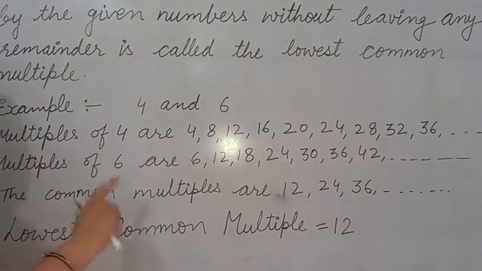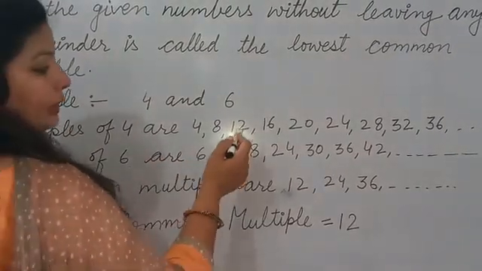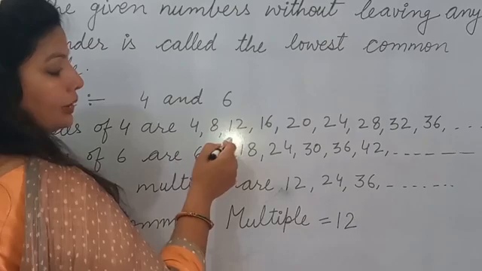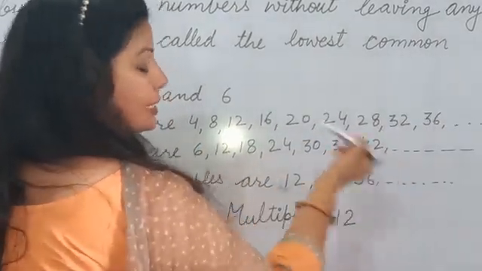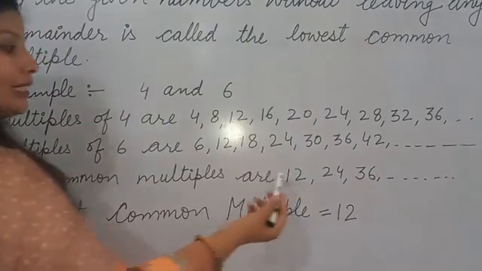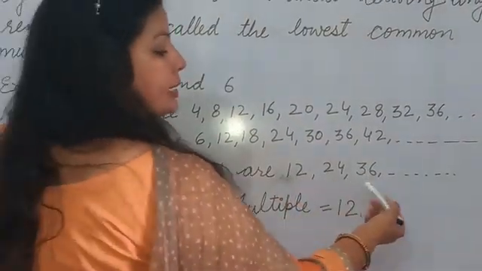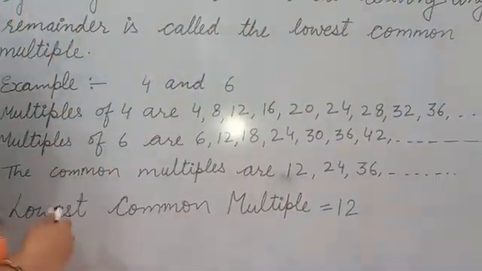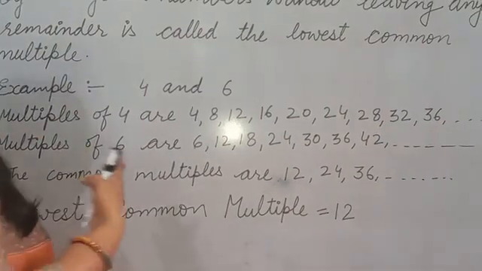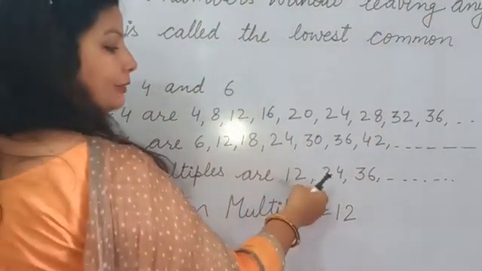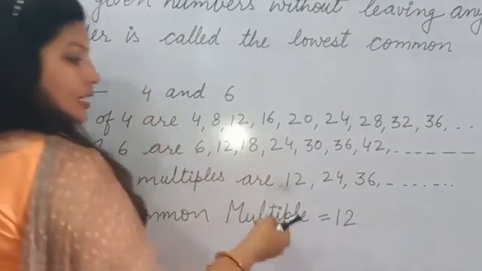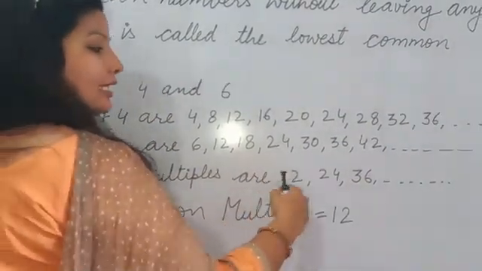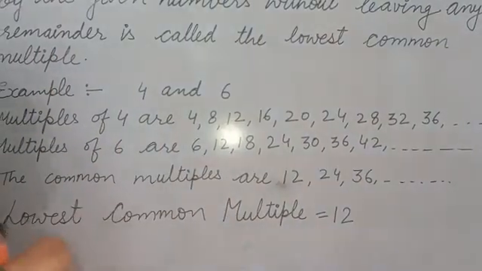So the common multiples are, अब common क्या क्या है यहाँ पे? 12 is common in both. Then after that 24. Then 36. So the common multiples are 12, 24, 36. जो common होते हैं that also come in a table. ये भी देखो table में आता है. 12 ones are 12, 12 2s are 24, 12 3s are 36. जो first common होता है उसकी table ही चलती रहती है आपके पास common में भी.